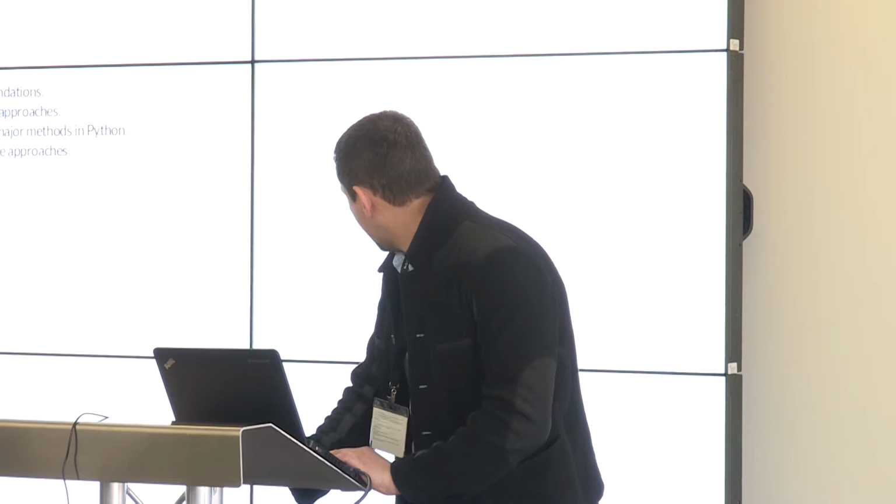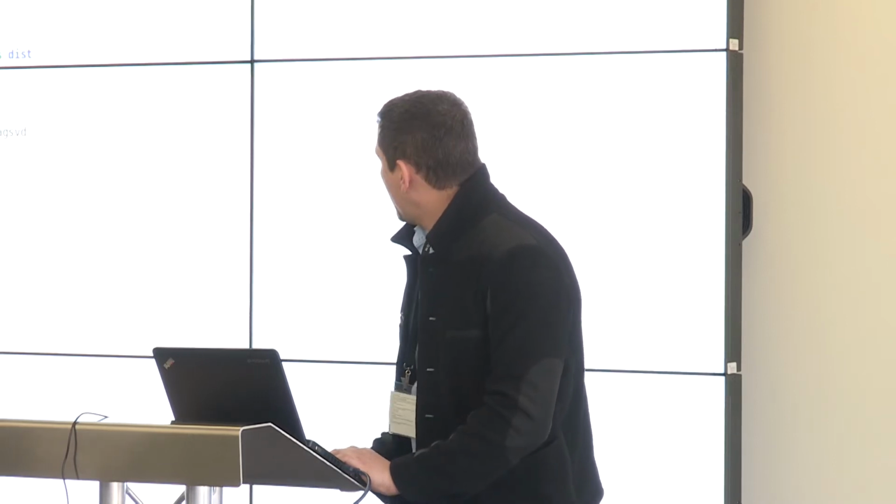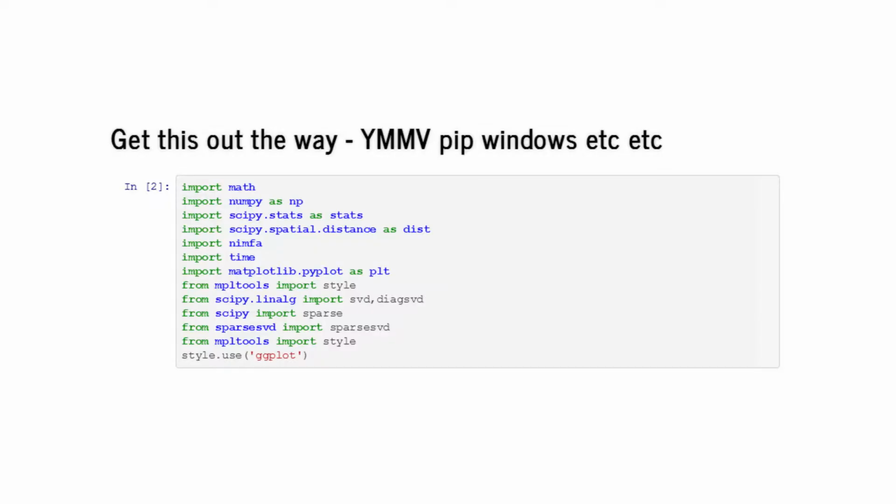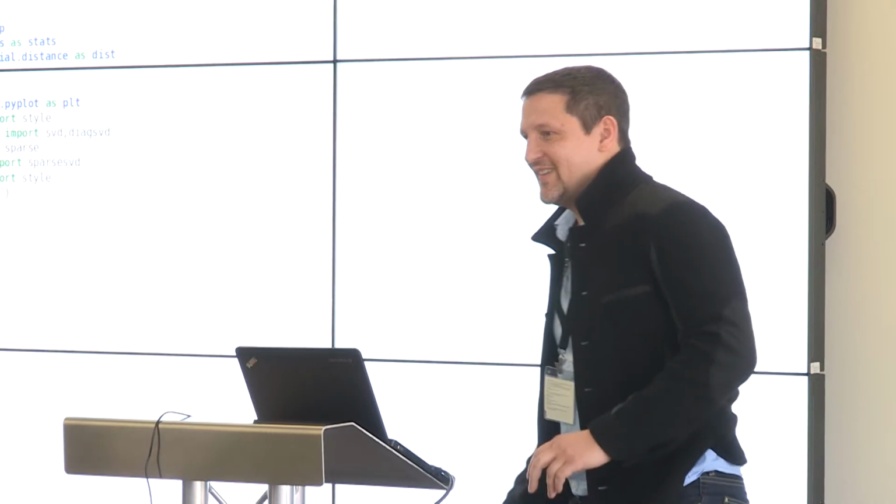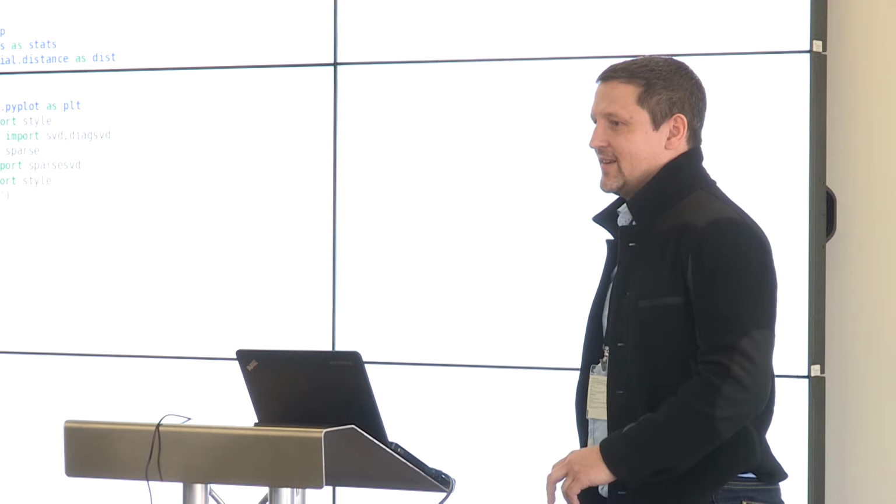So that's that. If you want to follow this, these are the libraries that I pull in. Most of them are in Anaconda, but NPL tools and nimfa and sparsesvd, they're not there. So I pulled everything in via pip, which probably means my machine is infected by, I don't know, there was that pip thing, wasn't there?